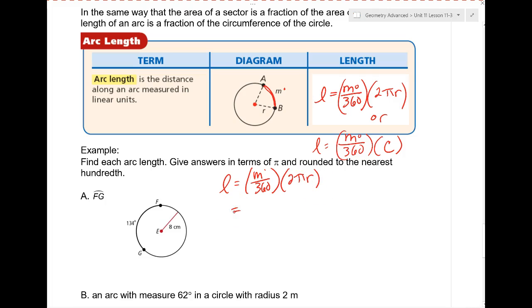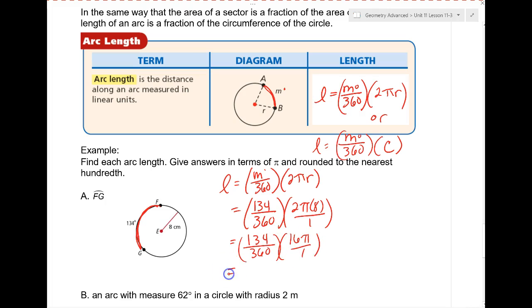With this one, what is the fraction of the circumference I'm using? What's your degree measure, friends? Yep. So 134 over 360 times 2 times pi times my radius, which would be 8. So I get 134 over 360 times 16 pi. Now, what are you going to put in your calculator? Because I want this in terms of pi and rounded to the nearest hundredth. So what's our fraction to start with? So 268 pi over 45